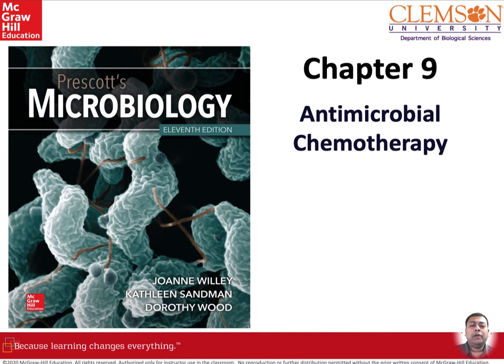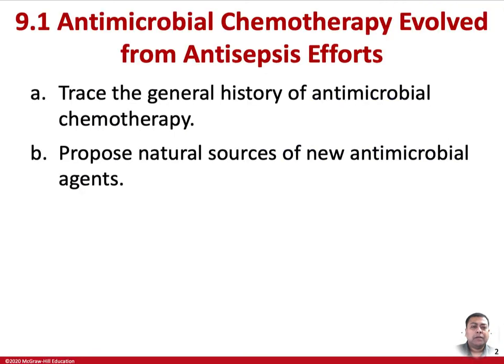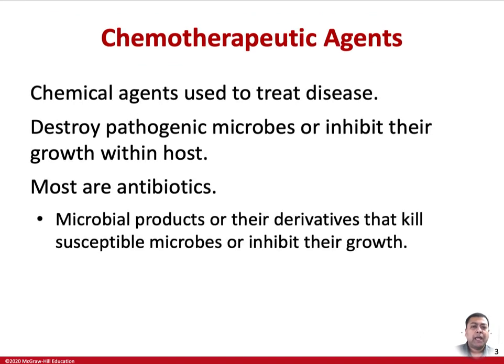Welcome back. We are starting with chapter 9. This will discuss antimicrobial chemotherapy. So first we are going to talk about how antimicrobial chemotherapy evolved from antisepsis efforts over a period of time. So the very first thing: chemical agents were used to treat different types of disease